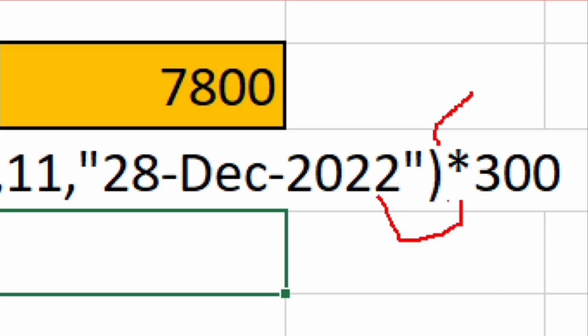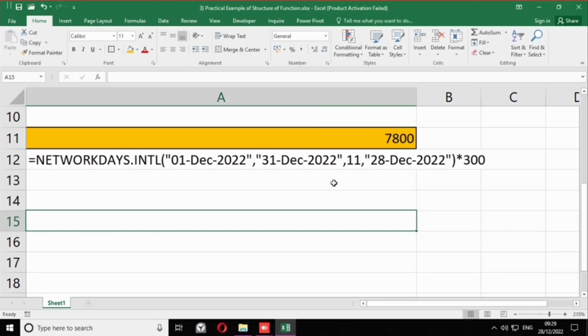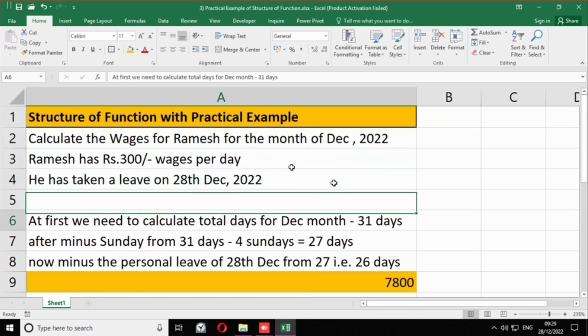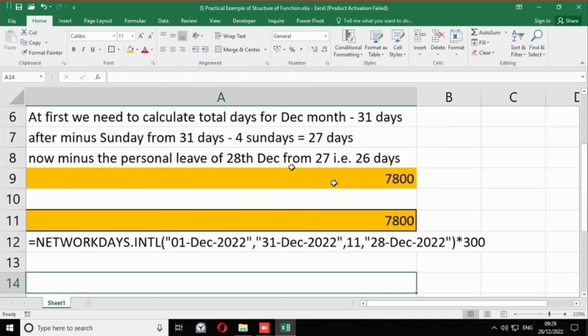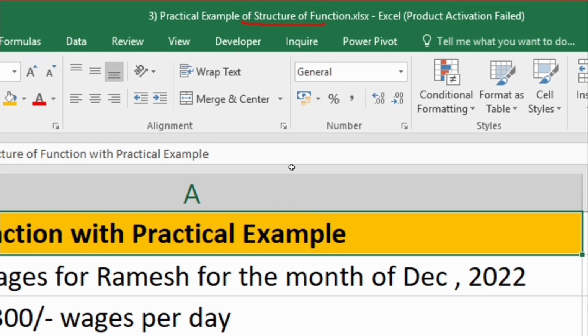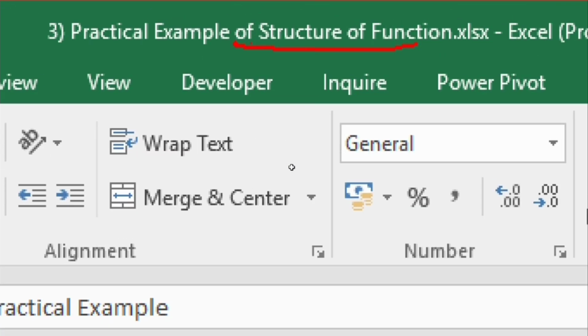This is what I wanted to explain to you in this practical example, according to the previous video. You should practice this, and you will get better understanding of the structure of the function using the 5 elements as per my last video.